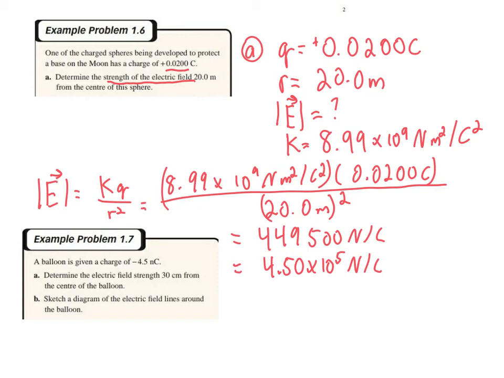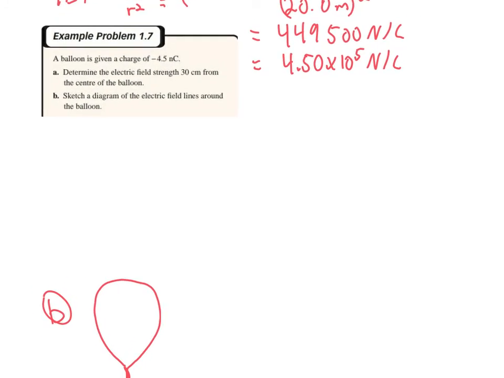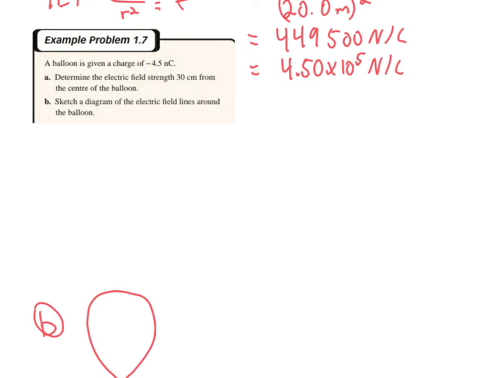The next example that we're going to do is 1.7, and again, that's from the textbook, so you guys can take a look at that if you want. And what we're going to be doing here is figuring out the charge on a balloon. So a balloon is given a charge of negative 4.5 nanocoulombs. A, determine the electric field strength 30 centimeters from the center of the balloon. And B, sketch a diagram of the electric field lines around the balloon. So, first of all, A,